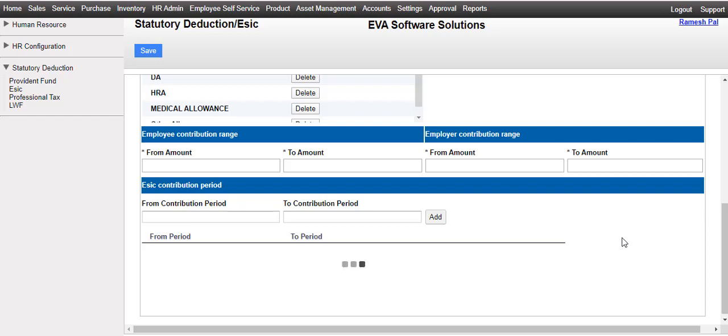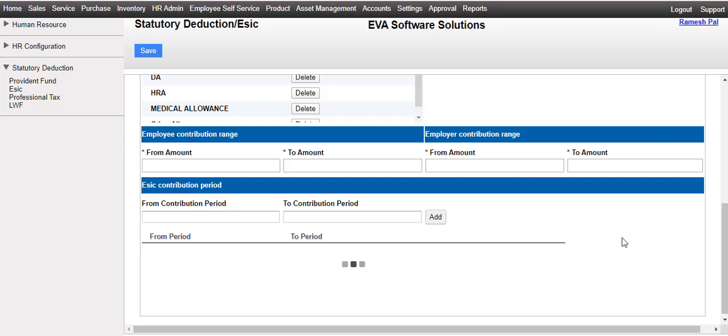It means employees whose daily wage is equal to or greater than 176 rupees but below 21,000 rupees monthly are only applicable for ESIC contribution. In this condition, 21,000 is a monthly amount but 176 rupees is a daily wage amount.